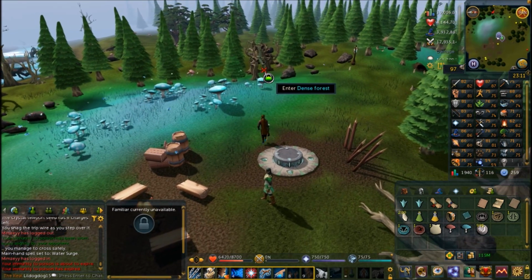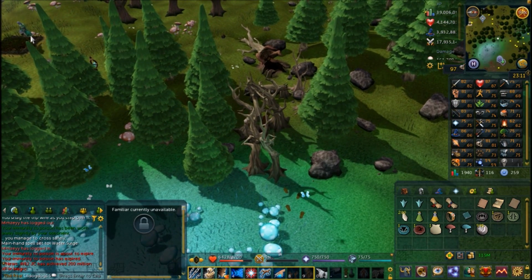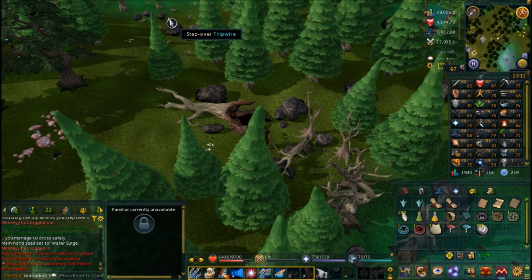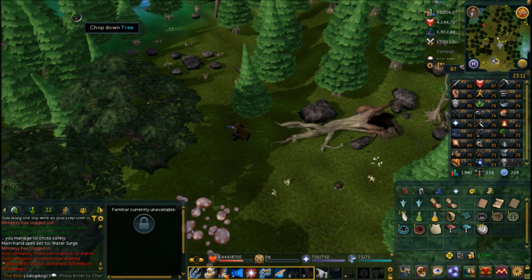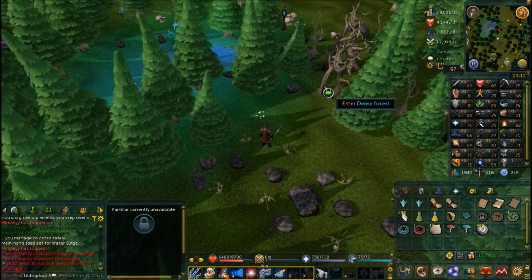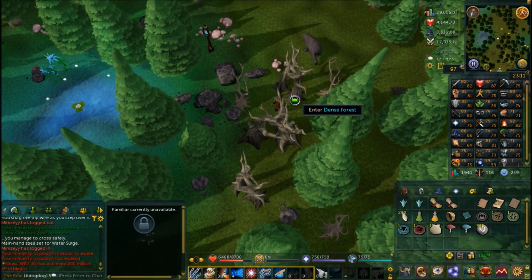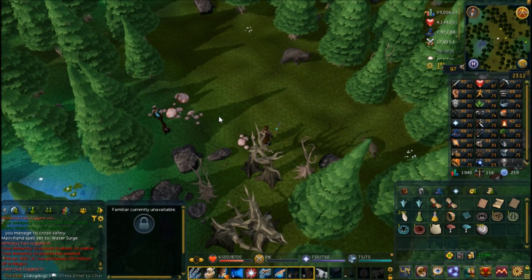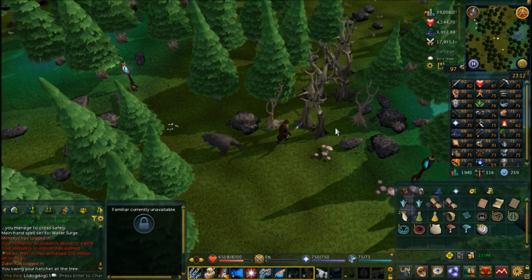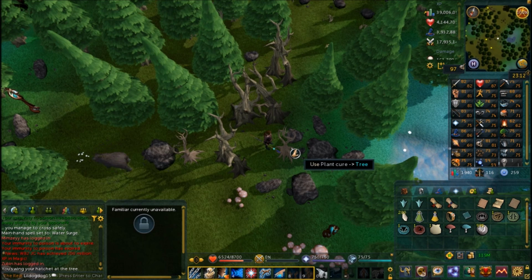From here, you're going to want to go west through the dense forest. And then once you're through the dense forest, head north over the tripwires. Go all the way through the dense forest located here. And then once you're all the way through, just cut down a tree really fast. You don't have to cut it down all the way. Just once you have those yellow bulbs, shoot towards the tree back there, go back into the dense forest, and inspect the tree. It's going to tell you it needs plant cure, so use your plant cure potion on the tree,